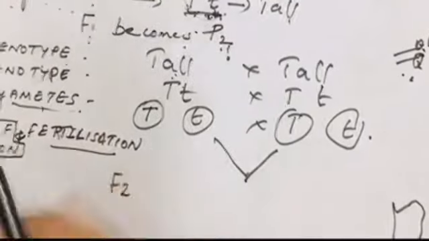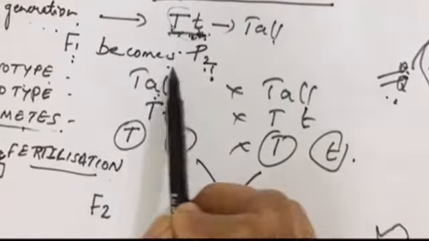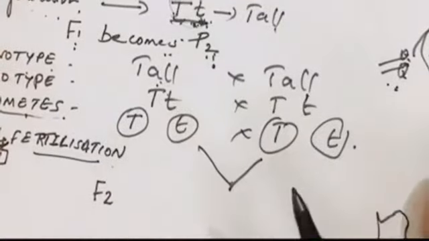Again cross multiplication. But this time he adopted self-pollination. He allowed the plants for self-pollination to produce the F2 generation. Remember, don't confuse. Cross-pollination for the F1 generation, then self-pollination to develop the F2 generation.